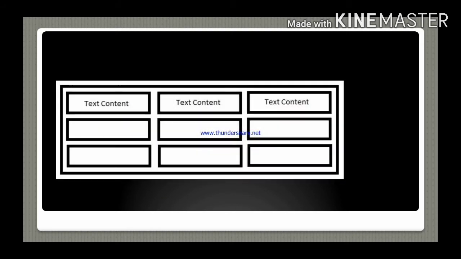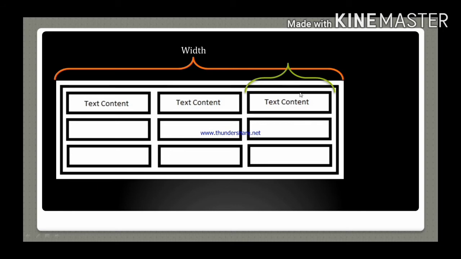Now see here, this is my table structure, the basic table structure. Here, this is the width of a table with respect to the window size. Okay, width will be given in the unit of pixels or also in percentage. This is my cell. This portion is called a cell. The gap between the text content and the cell's inner border is the cell padding, and in the same way the space around two cells, this and this, is the cell spacing.